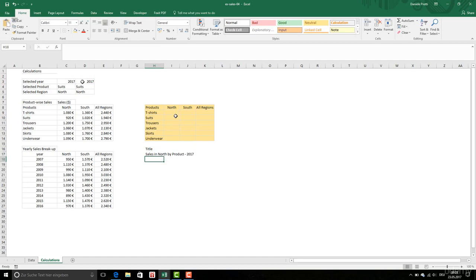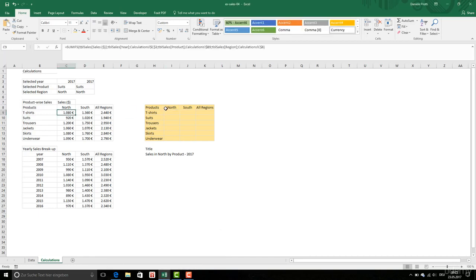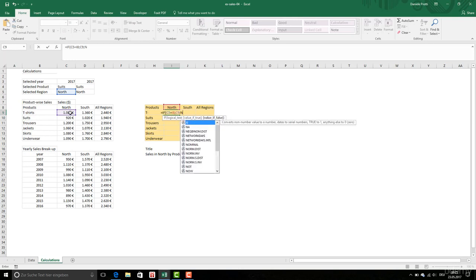Here, okay. Now we're going to do the following. So here I'm going to display this value, okay, if this is equal to this one. I'm going to display this. Otherwise, I will display not applicable, which is the NA